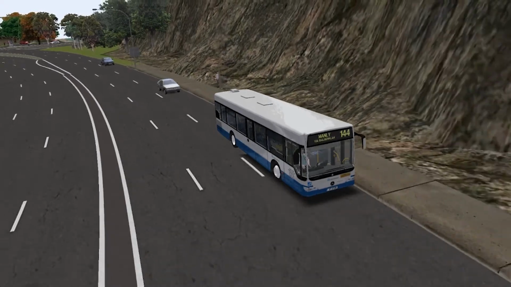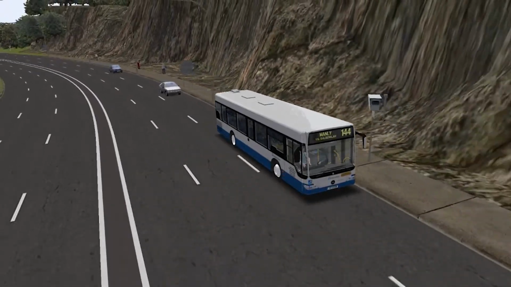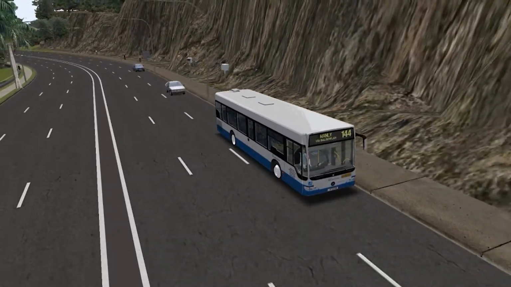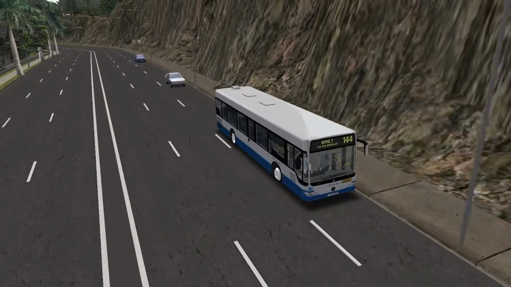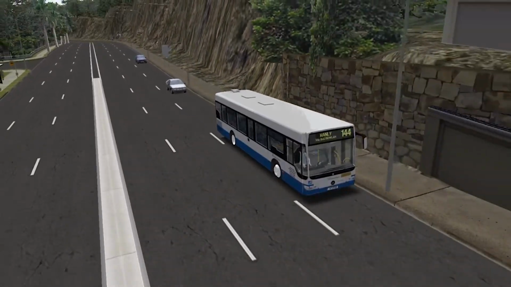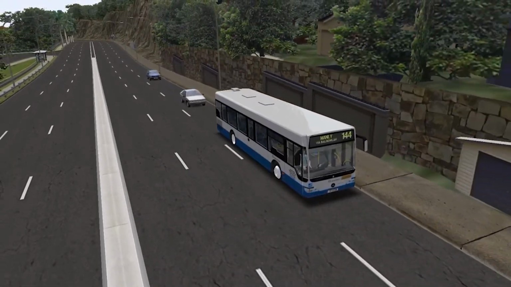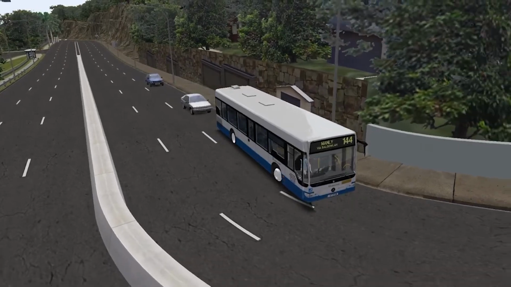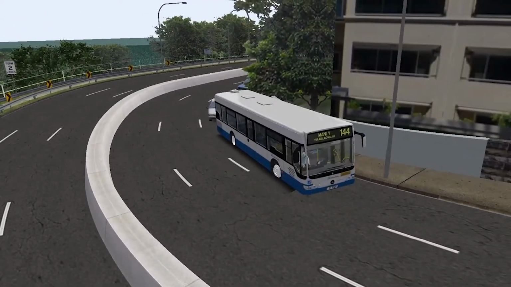This would probably be a different view from the driver's point of view, and we will show you some views from the driver's point of view through this series as well. So I'm just going to be driving a whole heap of routes as far as I can,